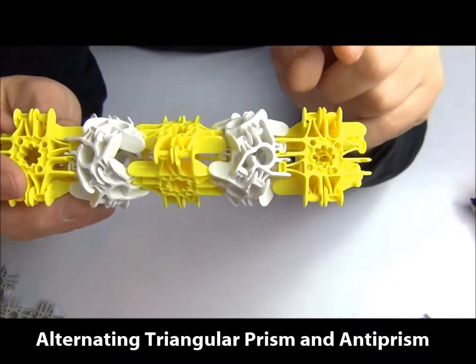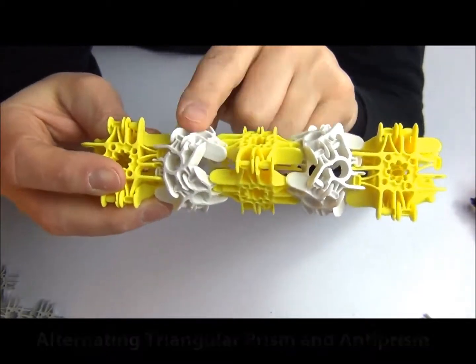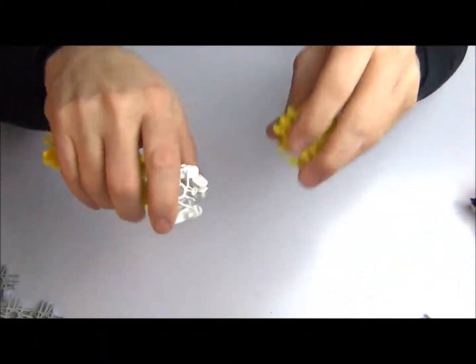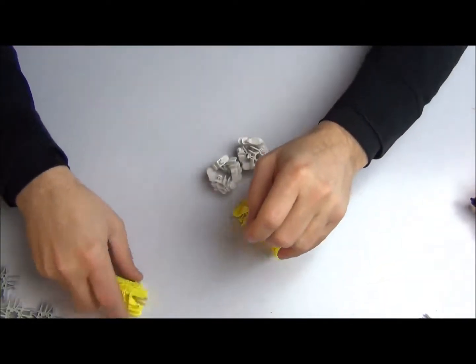Here is the triangular prism, triangle antiprism, triangle prism, triangle antiprism, triangle prism. Okay, how do I put that together? Let's see. So if I take these apart, again, I have